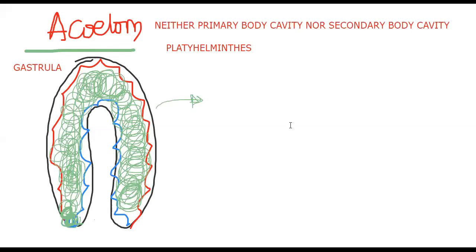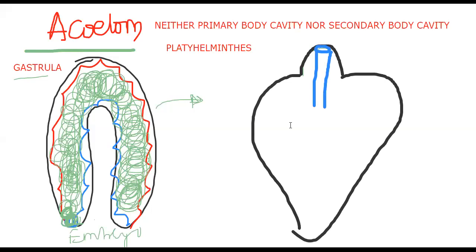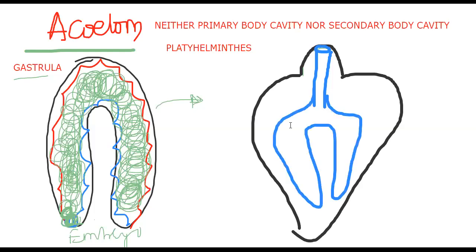Reflection in the adult. So this is the embryo; gastrula is an embryonic stage. When this grows, it will become, as I'm showing, Fasciola hepatica. To understand much better, I'm taking the example of Fasciola hepatica, which we say is the liver fluke. Then let me show the outer layer, the epidermis, and the inner layer, the endoderm, which is going to form the gut. We already saw this while explaining the sac-like gut, isn't it? There is a mouth, but there is no anus.